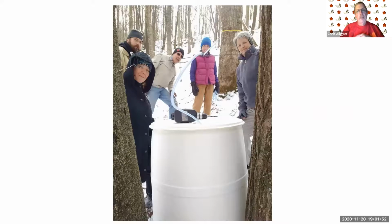So here's a photo we took. We were feeding our lines into 55-gallon drums, and that made the collection process a lot easier. Of course, we still need to get a vehicle that would haul these up to our sugar shack, but this was much easier than emptying those buckets every 2 or 3 days and trying to go up and down the hill all those times. So that's a procedure that some of you that are into larger areas to tap might consider,